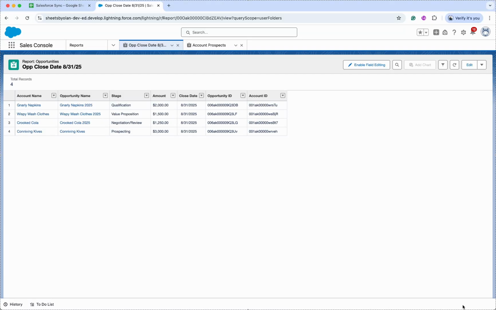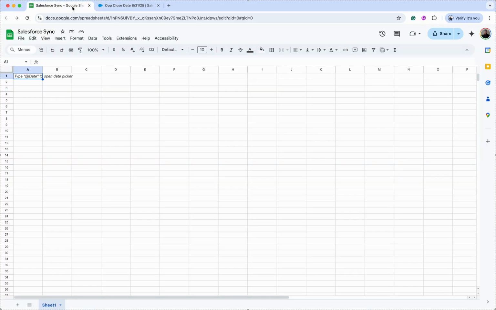Salesforce can be great, but it doesn't always let you do what you want it to do. So sometimes you need to bring it from Salesforce into something like Google Sheets to do what you need. So let me show you how to automatically sync reports from Salesforce into Google Sheets and how to make it